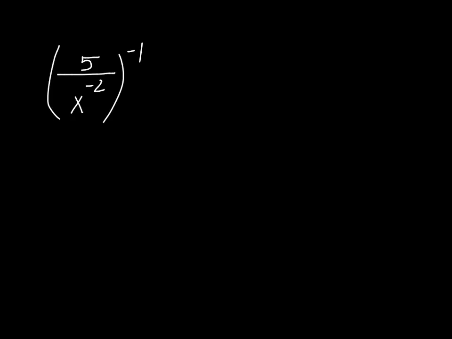So there's more than one way you can go about solving this problem. I'm going to show you at least two different ways, starting with applying the exponent, this exponent here, inside your brackets everywhere. So what I get is 5 to the power of negative 1